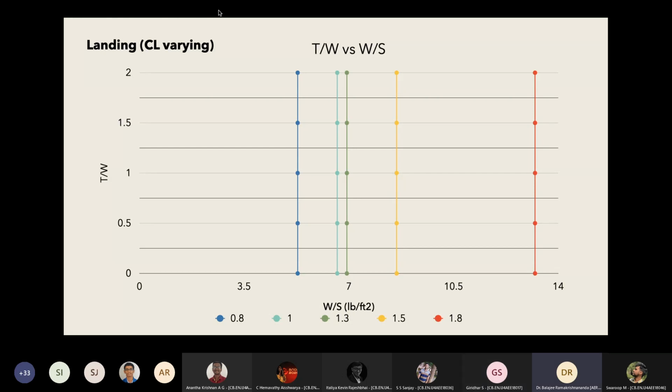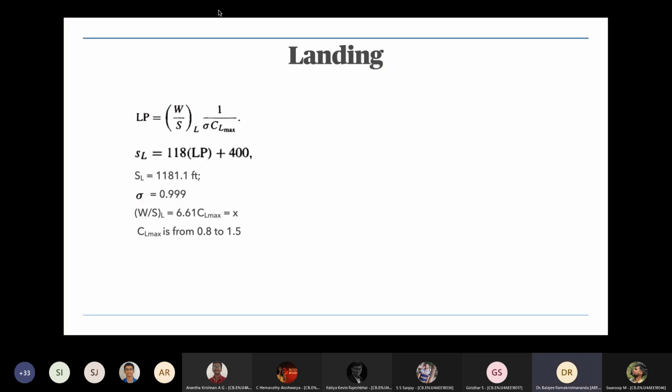Okay. Go back to that formula. This graph is after that. Only this SL is given. Okay. Yes. And in the formula, you have W by S on the right hand side. Nothing else. CL max is a constant as far as you are concerned. In future, if it doesn't work out, you can vary the CL max and sigma and try to work out something. That is why I asked you to plot that graph. Vary CL max. Okay.